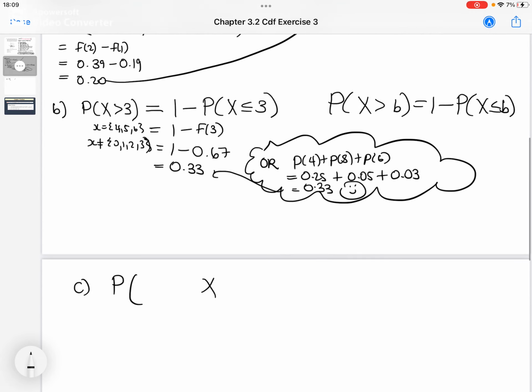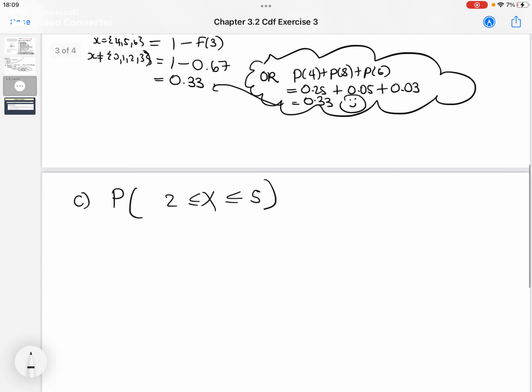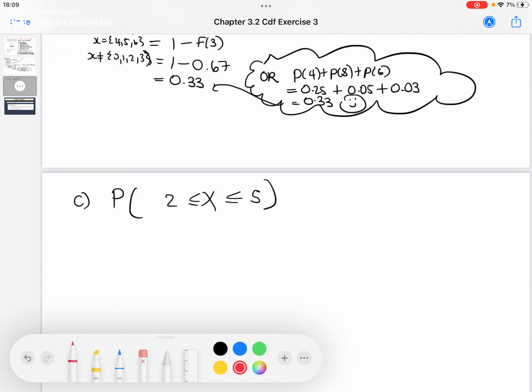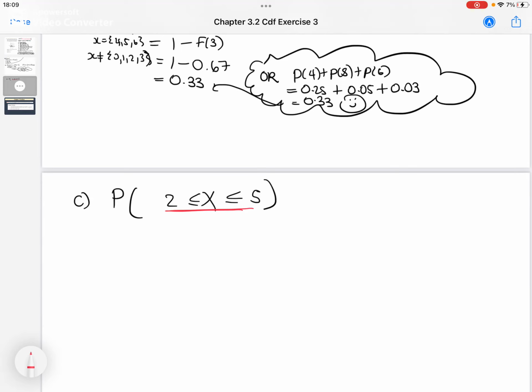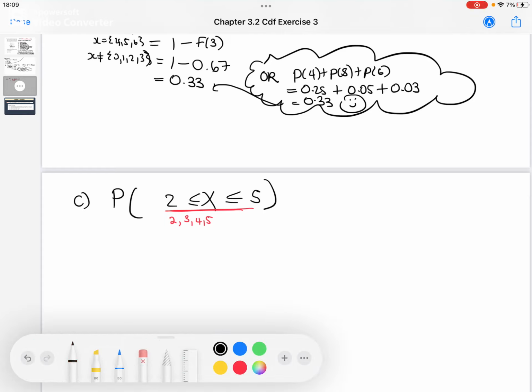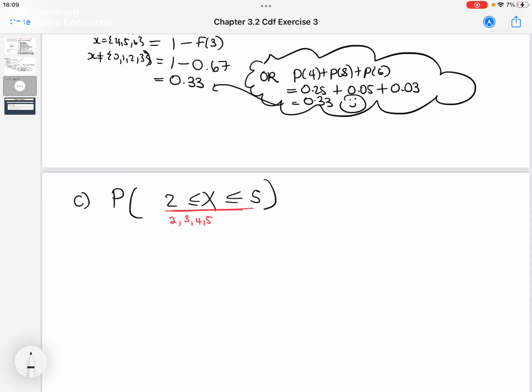And now C. For C, it says calculate the probability that x is greater than or equal to 2 and less than or equal to 5. So in your mind, you will think of the possible values of x that fit this criteria, right? So it means that x is equal to 2, 3, 4, and 5, right? All right. Now, using CDF notation, we know from our proposition that the probability that x is greater than or equal to a and less than or equal to b is equal to F of b minus F of a minus, or if we have integers,